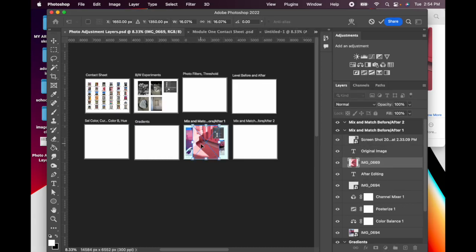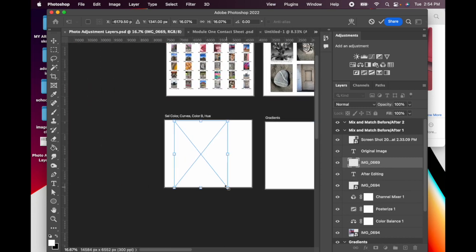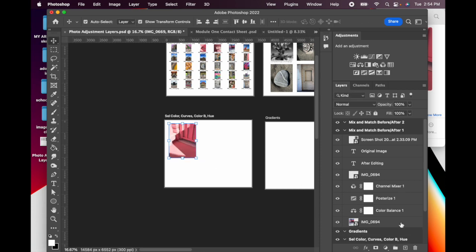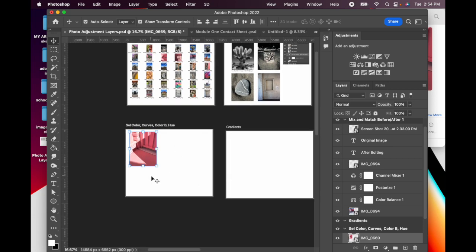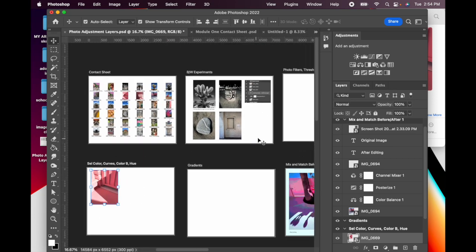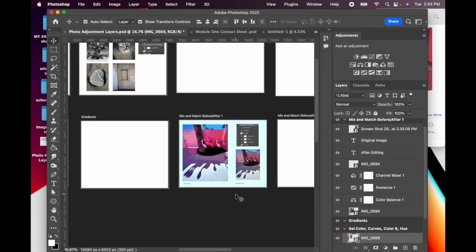So for those different adjustments, for instance, this pink image, maybe I want to actually turn that pink image blue. So I'll work with it on the select color or hue and saturation adjustment layers. So you'll go through and you're going to complete each of these pages, each of these artboards with different pieces of